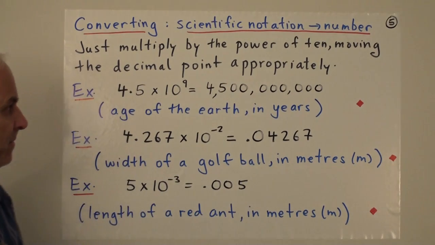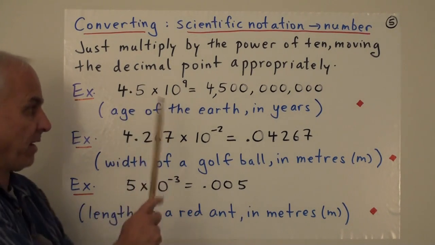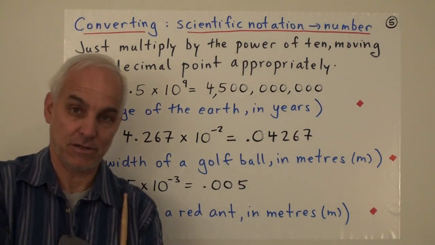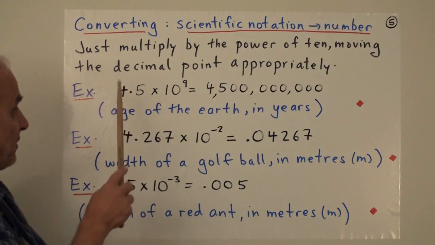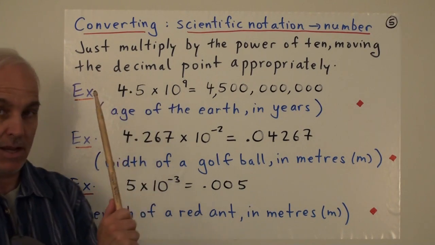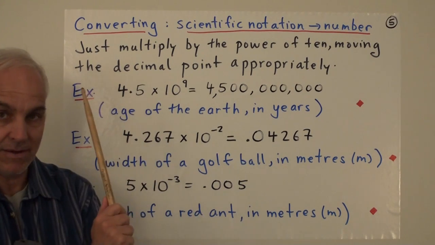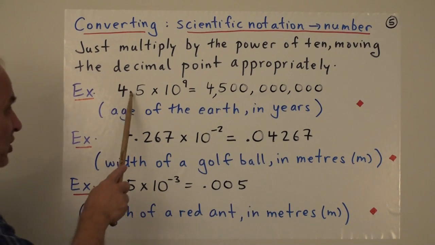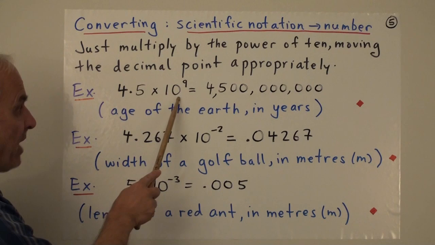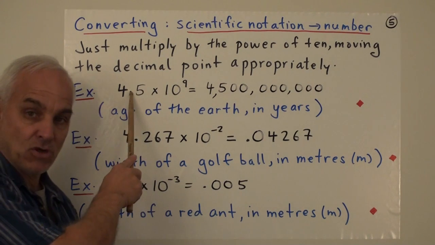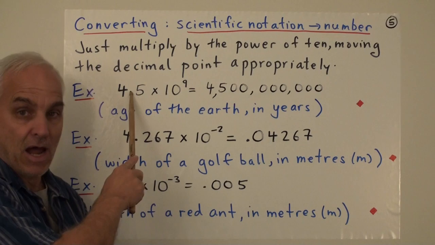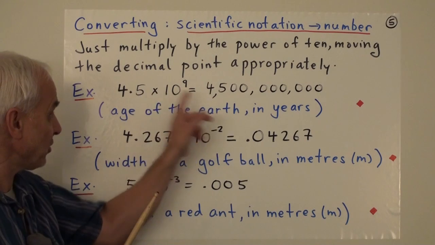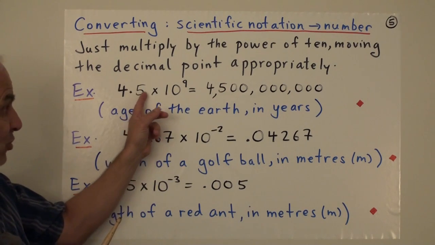So since we know how to do that, converting from scientific notation to regular form of a number is very easy. So 4.5 times 10 to the 9. This is a different number now. Okay? This is actually the age of the Earth, roughly in years. This is 4.5 billion. 10 to the 9 is a billion. Now how would we convert this into a regular number like this? Well, we just take this 4.5 and we multiply by 10 to the 9. That means we have to move the decimal place over to the right 9 positions. So we have to use some more zeros that are to the right of this 5. Right now they're not doing anything.